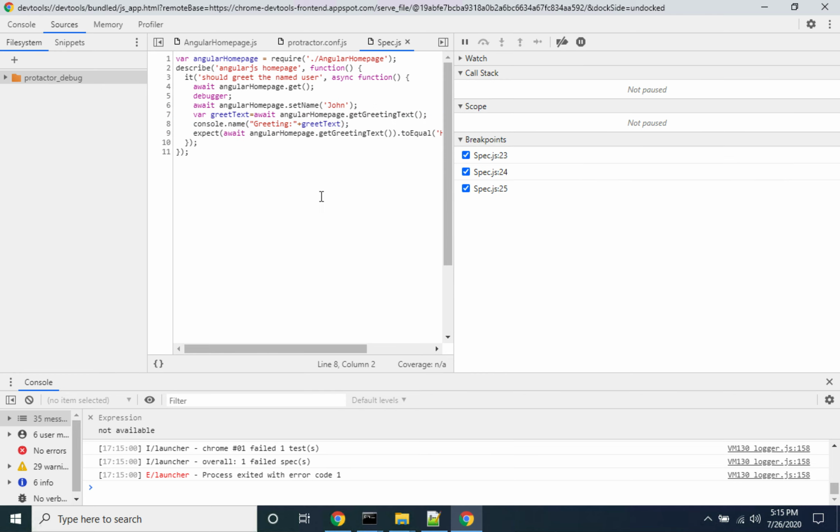So basically, this was just a basic overview on how to debug your protractor scripts using the Chrome